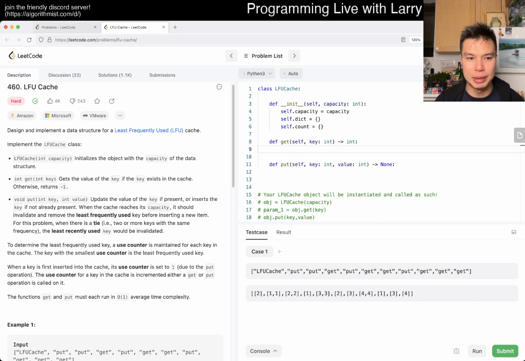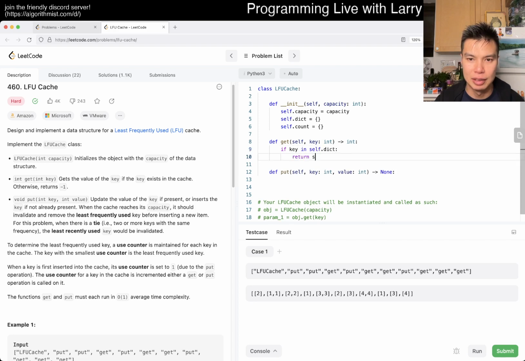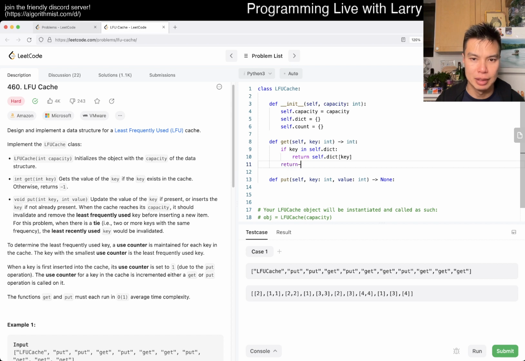So get would be just, if key is in self.text, then return it, otherwise return -1, I think. And then put is the interesting one, right? Least frequently used. That seems like